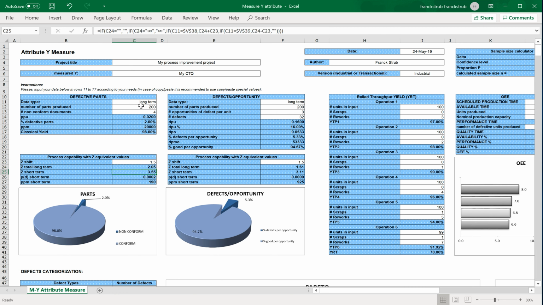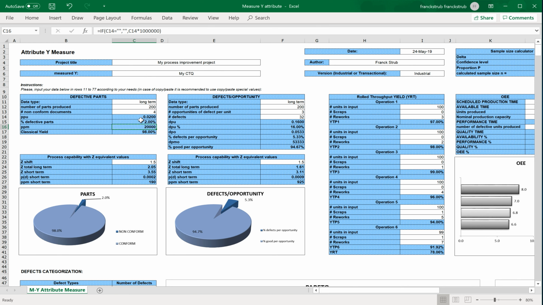Okay, so what it means is that when I find 4 non-conform parts with 200 parts produced, I have 2% of defective parts, non-conform parts, meaning 98% of good parts. My PPM is 20,000.